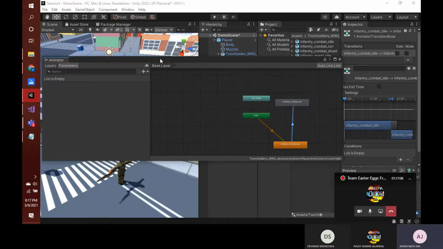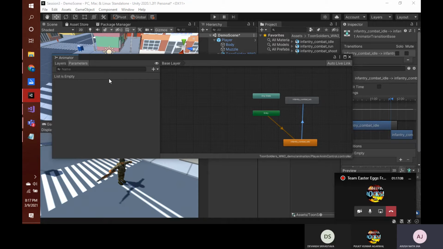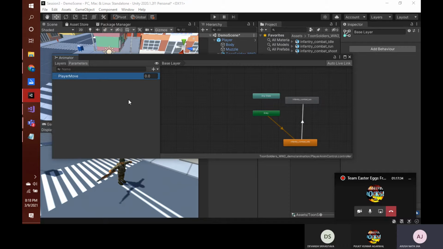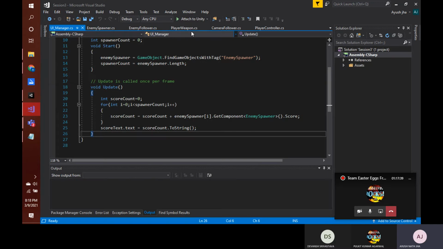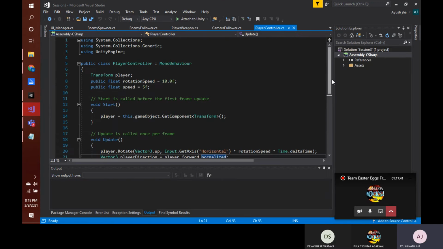condition, here we have this parameter list, and this list is empty currently. Here we can define parameters which we can use to control the animation flow. So let's create a float type of parameter, and let's name this player move. Okay. And what we will do is store the value if we press the up and down key, as if you remember from the script, in the player controller,